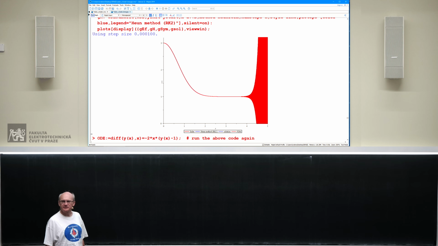Actually, before we move on, interesting question. This is a method of order 2. Shouldn't it be better than Euler? I mean, this is not better than Euler. What's happening there? And the answer is, again,